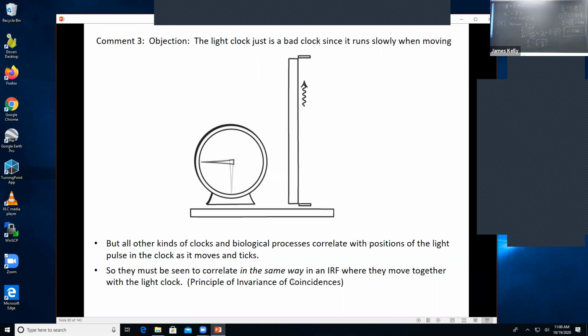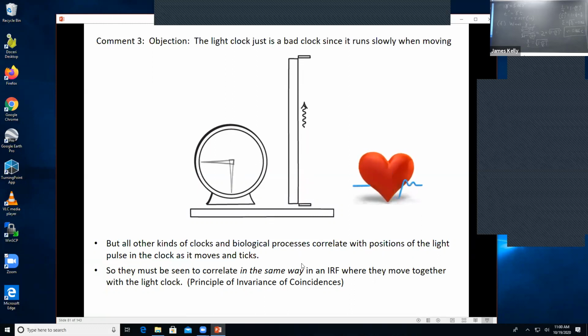A difficult phrase to say, but you also just need to think about that several times. I mean, there's a lot going on there. We're not used to thinking about the importance of the principle of invariance of coincidences. Perhaps most amazing, our heart is kind of like a clock, right? It's beating with a fair regularity. Your cells, the speeds at which cellular processes are going on